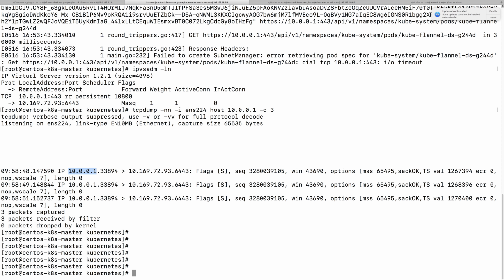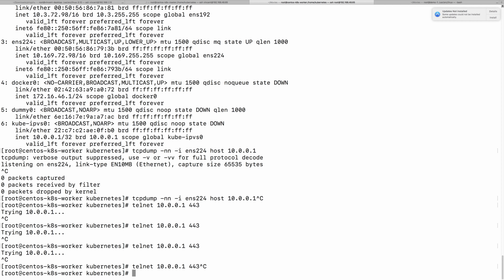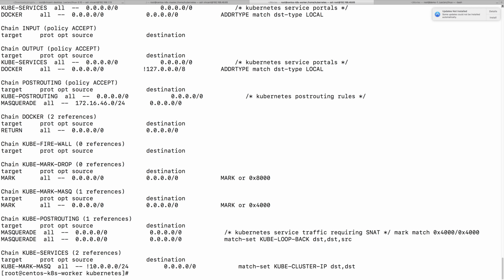So we also figured out that we needed to do the masquerade on the workload, because in order to do source address translation, we needed to do the masquerade, and we wanted to do it in the kube-proxy,